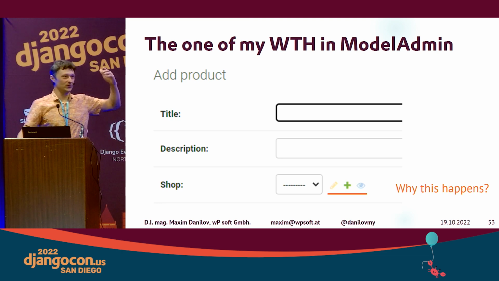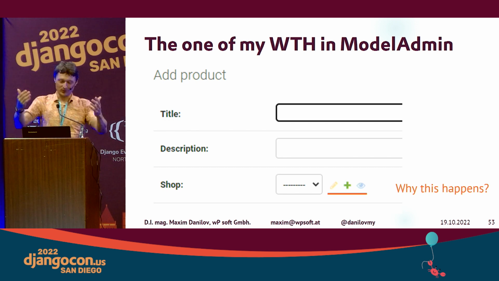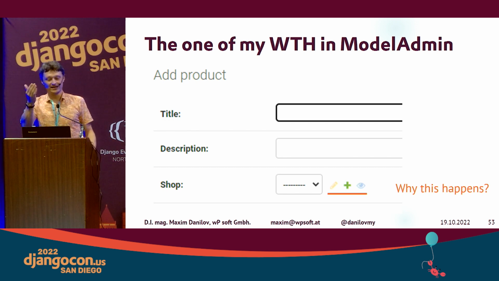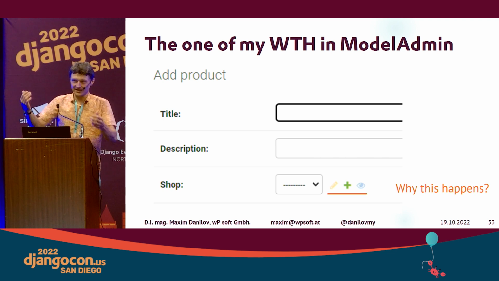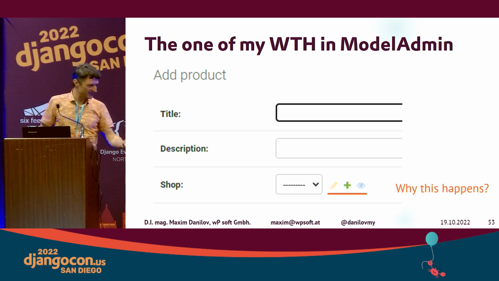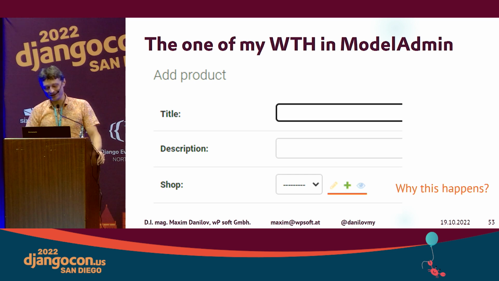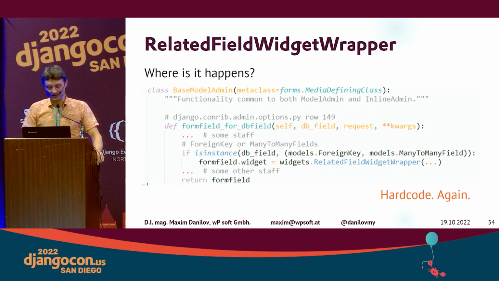Okay, it was 8 years ago, and I started my model admin, and I saw behind the related field some buttons. Why does it happen? I don't see it in templates. How can I change it? Okay, why does it happen? It's hard-coded in base model admin, for every related field,